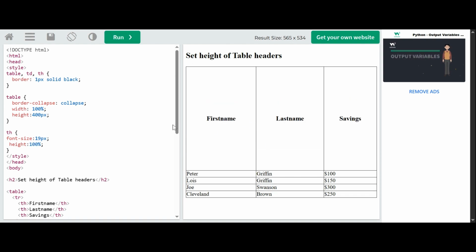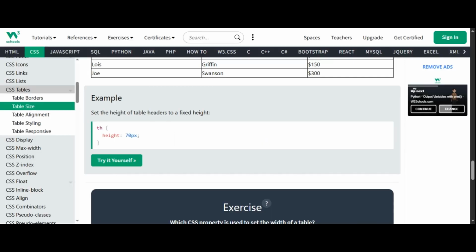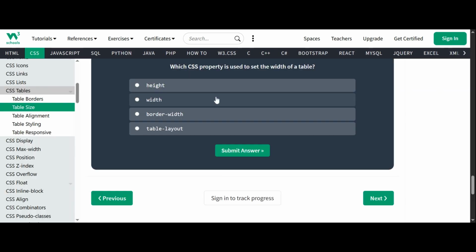You can see how it's setting the height of the table border headers. Now let's set it to 30% or 400 pixels, and this is how it's going to look. Which property is used to set the width of